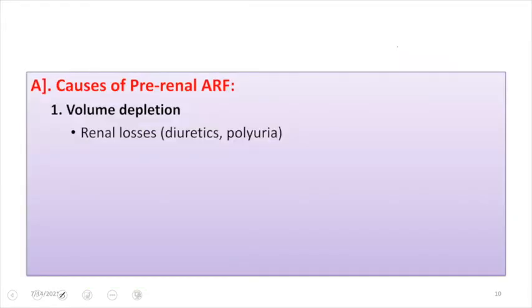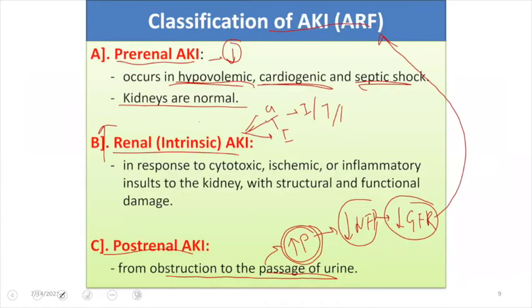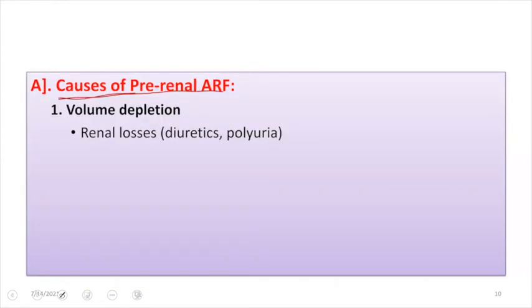So let us discuss our first cause, and that is pre-renal acute renal failure. Regarding the intrinsic causes, I'll be making a next video about acute tubular necrosis, where we'll discuss how there will be a decrease in the GFR due to tubular damage or glomerular damage. So we'll discuss that in the next video. Let us come to our discussion regarding pre-renal azotemia.